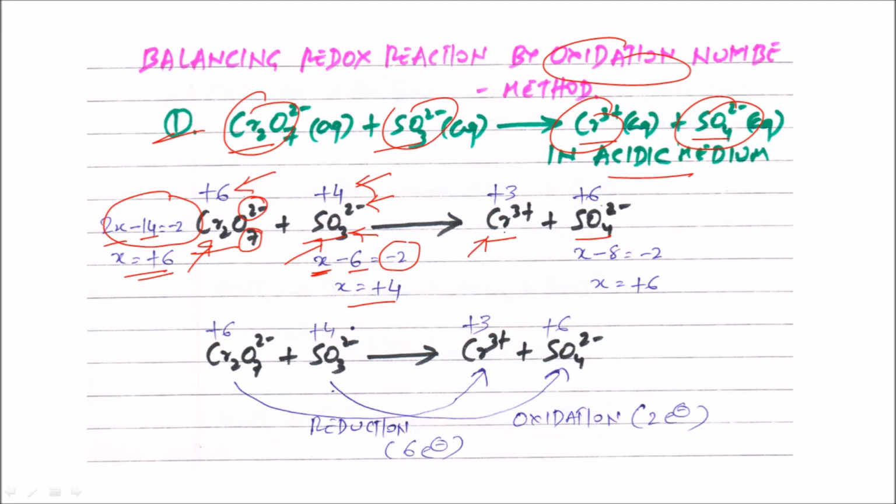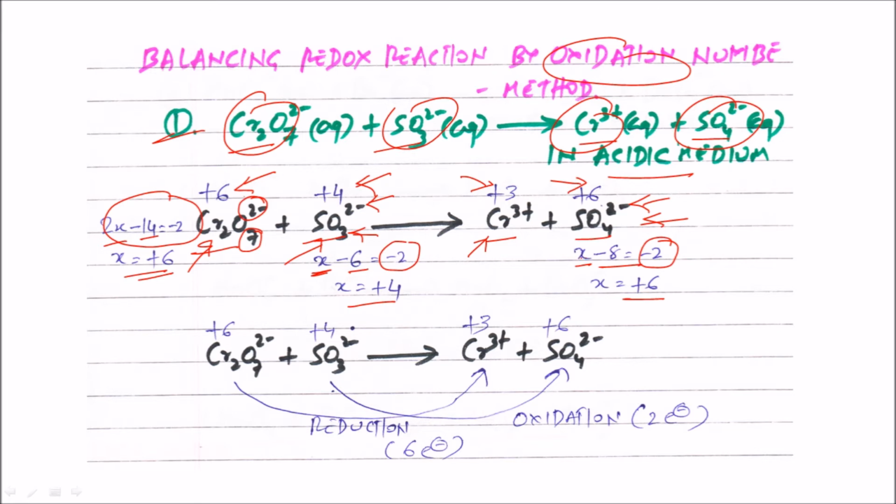What does it form now? We have two products. One is directly the ion Cr3+, so you can write the oxidation number as 3+. And the second species obtained is sulfate ion. For sulfate ion, we can find it similarly, using the same method. Sulfur I take as x, minus oxide minus 2. We have 4 oxygen atoms in total, so it should be minus 2 into 4, minus 8, equal to minus 2. That's the charge on the sulfate ion, right? If we simplify, we'll get x equal to plus 6.